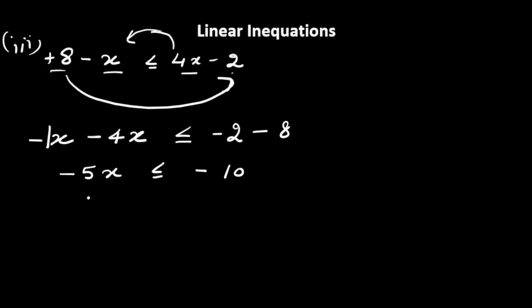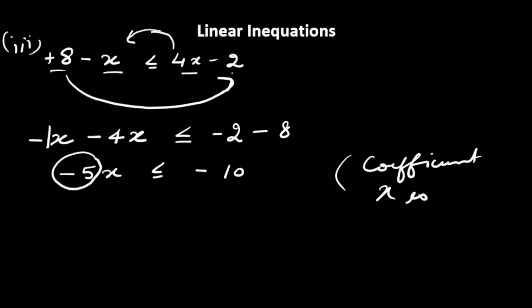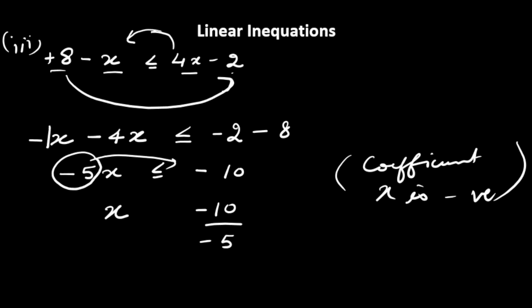Now you can see, with x we have negative 5. Previously I told you if multiplication is there, we shift it to the other side and it will get divided. But now the number is negative. The coefficient of x is negative. Whenever this type of situation is there, what do we have to do? We have to shift this minus 5 to the other side, and when we shift it to the other side, it will get divided as per the rule. But since we are shifting a negative coefficient,